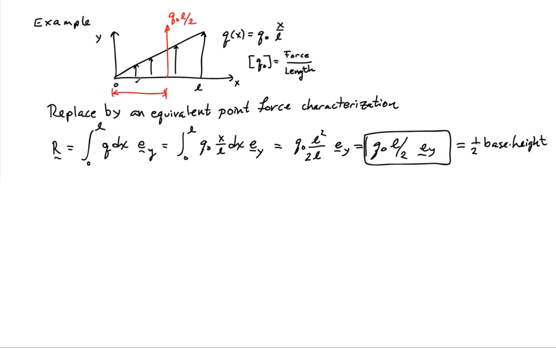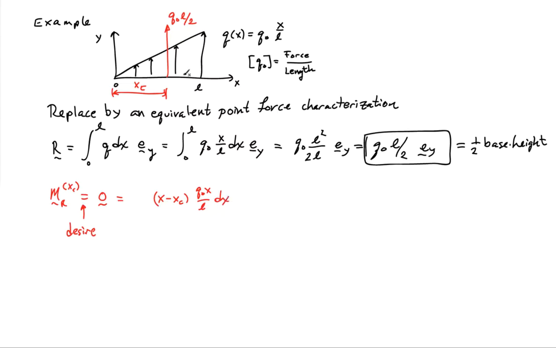So let's just give that a symbol. I'll call that xc. So that's the distance to the point at which it acts. And what I want is the condition that the resultant moment about the point xc be equal to 0. So that's my condition. So this is what I want. So let's go ahead and write out the relationship. So again, moment arm to the point xc times the load